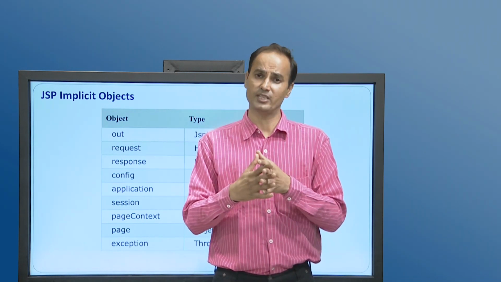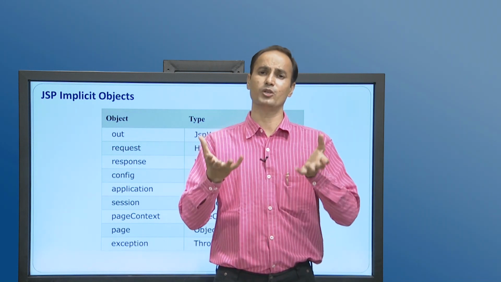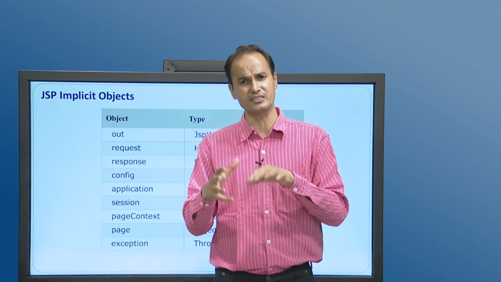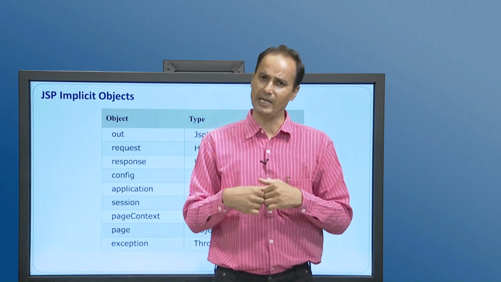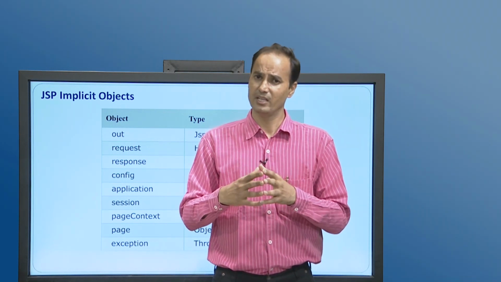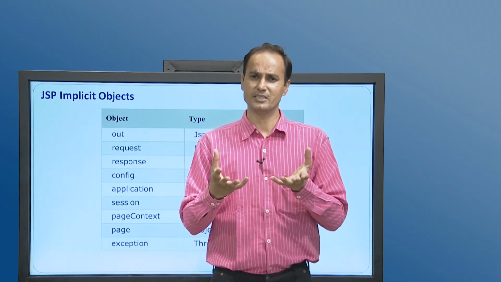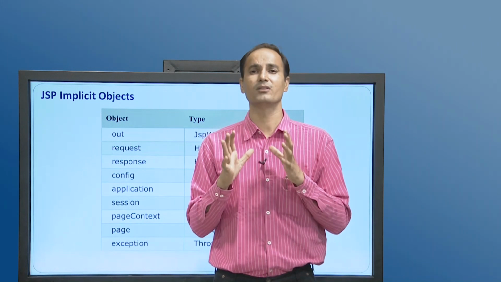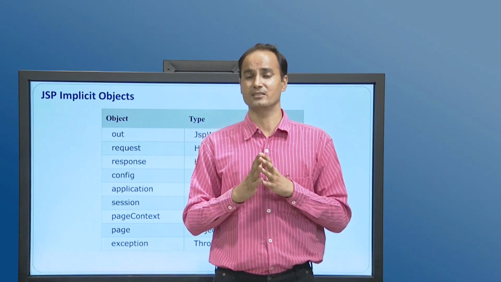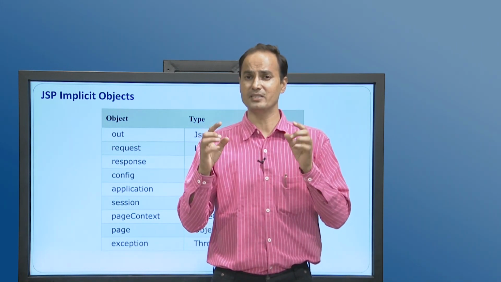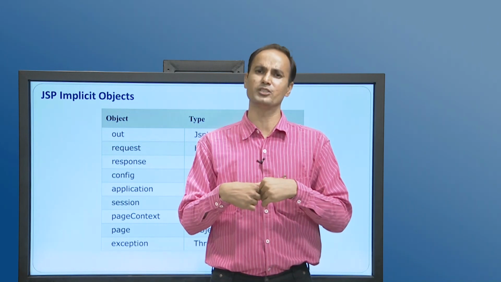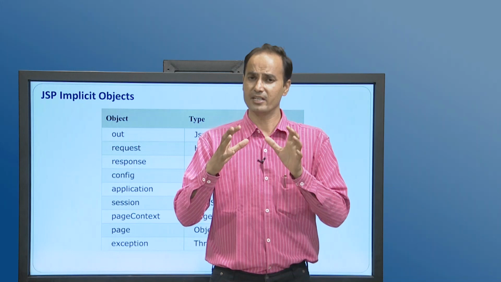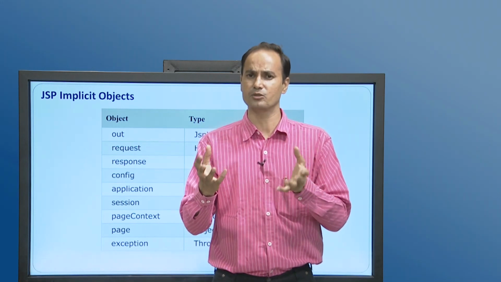Why? Generally, if you want to have access to objects, we need a class, we need to define its instance, and then we can access it. But JSP delivers an efficient mechanism to the user in terms of implicit objects. The name indicates implicit, that means they are implicitly available to the JSP page from the container. We don't need to define them explicitly to access them.